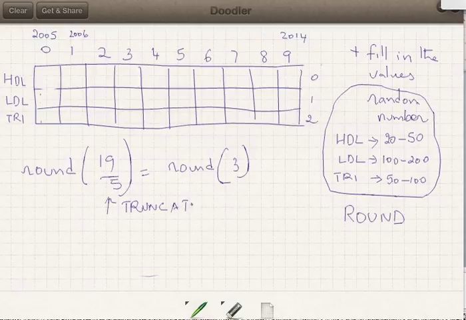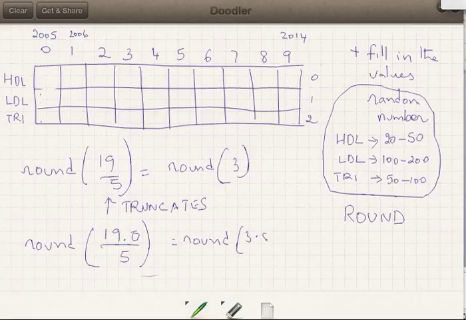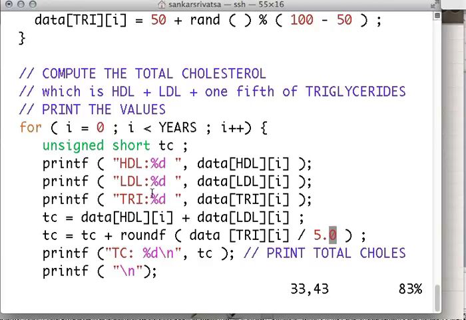Okay, but if you do this round 19.0 over 5, this will result in round 3.8, because this 19.0 gets converted into float. Float over float results in float. Integer over integer results in integer. So this, my friend, will get you 4. Alright, now go back here and convert that into 5.0. Now if you do it,